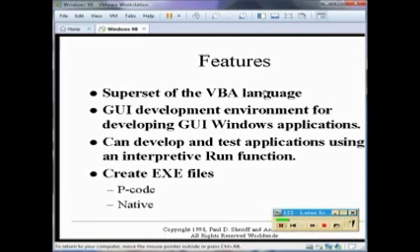Now, what is VB and what are all the different things that you're going to be doing with it? Well, Visual Basic is actually a superset of the Visual Basic for Applications language. Now, this is significant because VBA is used in a lot of different products for Microsoft development, as well as a lot of other third-party software products. It is a GUI development environment, a graphical user interface development environment